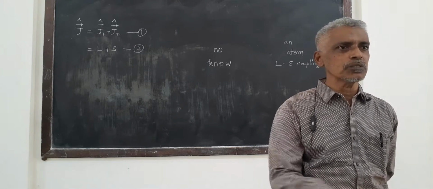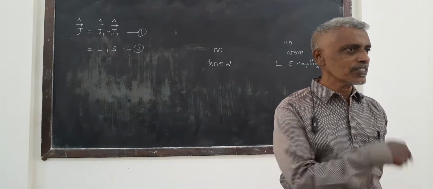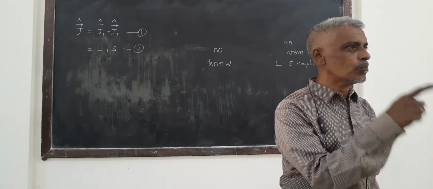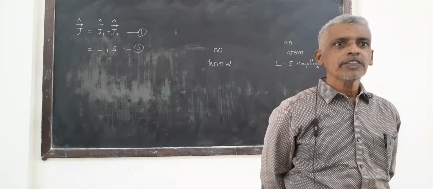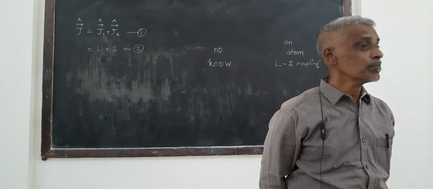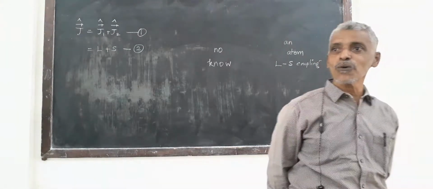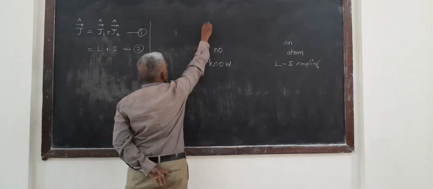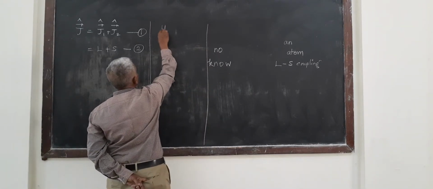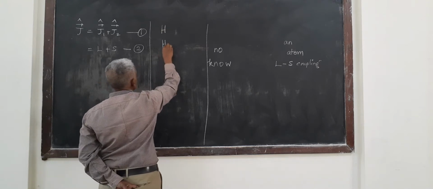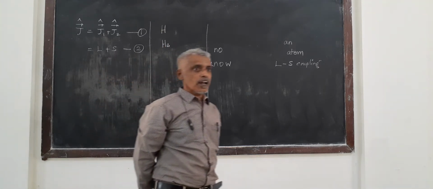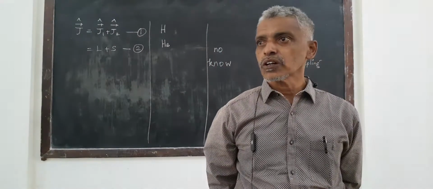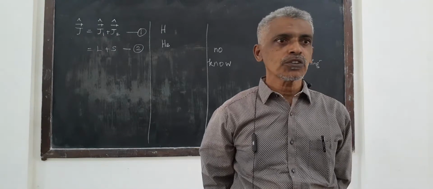Why am I saying this bit of an idea in this place? I have asked you to say one more element which has 2 electrons. Yes, please? Helium. So, my dear, I am very happy for some people to say answers. Another one says helium 2 atom. Right, 2 electron atoms, then 3 electron atoms.